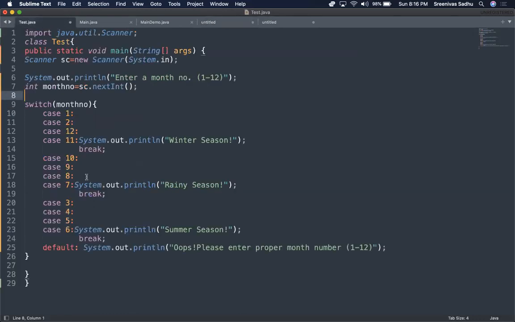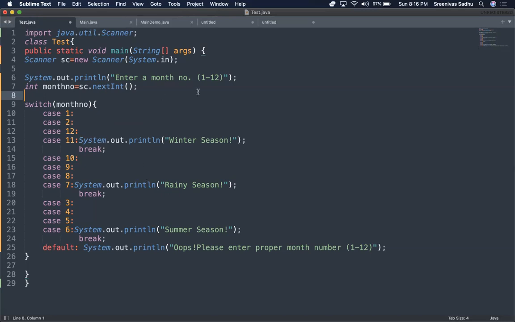Now I'm going to my Test.java. I have a program written already for switch. Here I'm making use of the Scanner class from the util package, because I would like to read a month number from the user. I will ask the user to enter a month number, and I will tell what the season is. For example, somebody enters month number 2, the season is winter. The month number is, let's say, 5, that is May, the season is summer. So this is what we are going to achieve through this program.